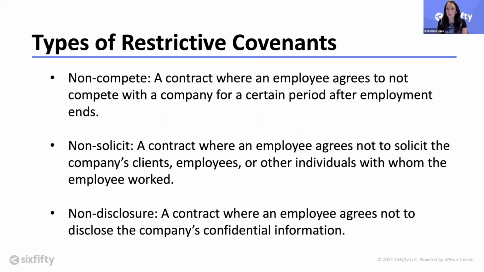So we would like to know through this poll, what kind of restrictive covenants does your company use? So we'll pull up a poll question and please submit your answer. Does your company use non-compete provisions, non-solicitation provisions, non-disclosure, several of the above, or none of the above? And this can give us an idea of what companies on this webinar are using and will help us tailor our presentation to those kinds of comments. So go ahead and submit your answer. We'll maybe give 30 seconds or so to submit an answer, and then we'll see what those poll results are.